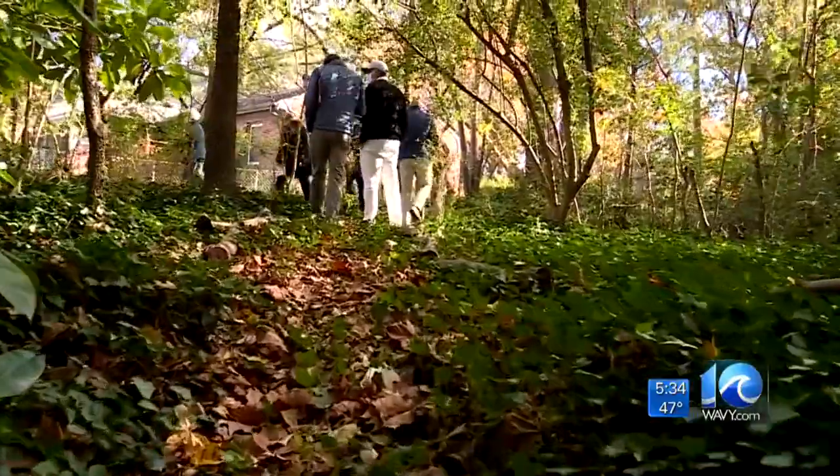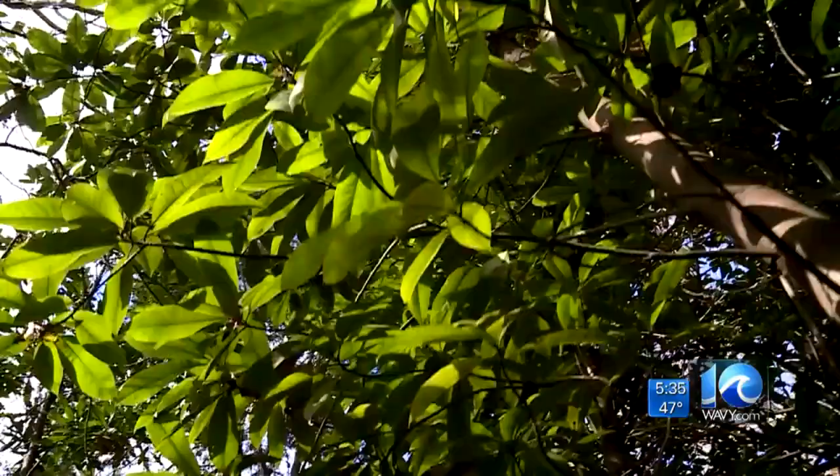What it does is it puts a lot of restrictions on the property, so it actually decreases the value of the property from a development standpoint, but it guarantees that it's going to be preserved in perpetuity, so basically forever for all the future generations to enjoy. It cannot be developed. Rob Robbins, who's the chair of the organization, says open space is an endangered species in